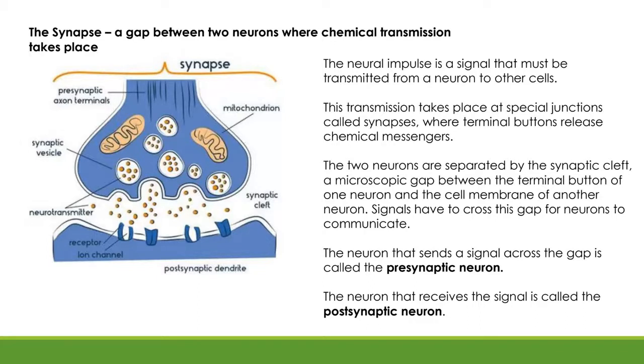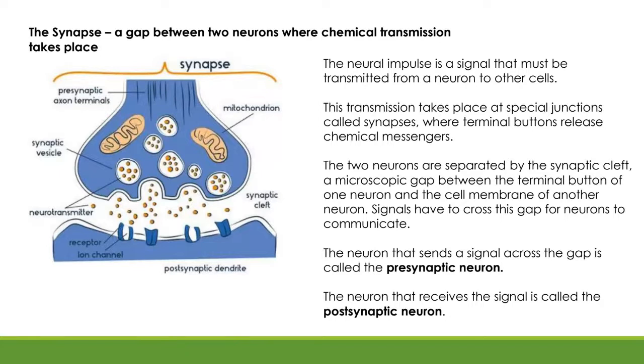Okay, so right at the end, we get to those axon terminals. The signals travel down the axon, and it gets to the end of the axon, which is on the left-hand side there. It's your axon terminal. And we have to get the impulse from one neuron to another. Remember, the neurons don't touch. The axon terminal of one neuron, where the signal ends up, is sitting not too far away from the dendrite of another neuron, and there's a little gap in between called the synaptic cleft or synaptic gap, and that's filled with a fluid.